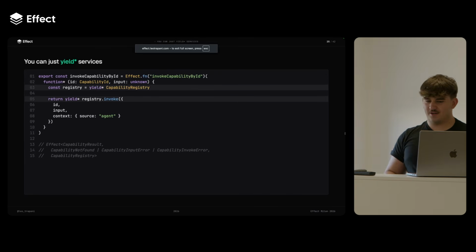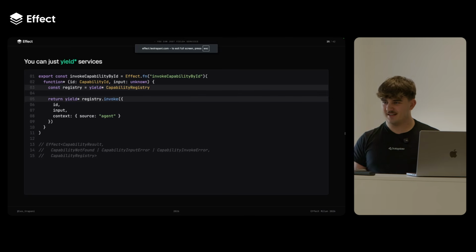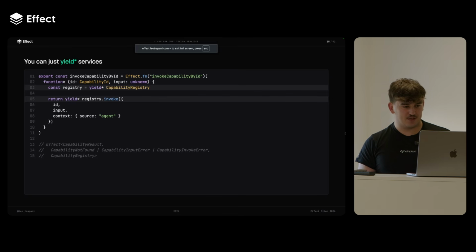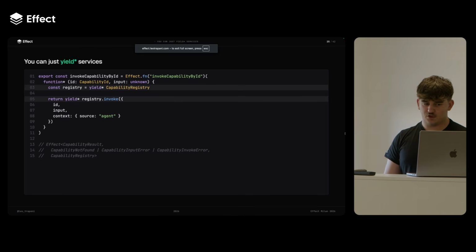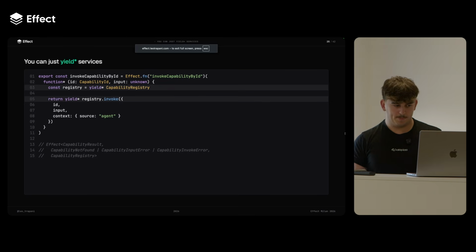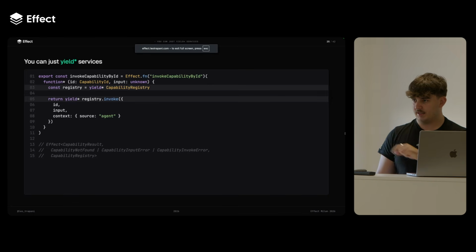How do you use a service? You can just yield things, saying in Effect, and you just yield the service and use a function. Since this invoke capability by ID is an Effect, this that you can see at the bottom is the type of the Effect. And you can see it returns capability results, which, as we just saw, it declares the errors that it has.